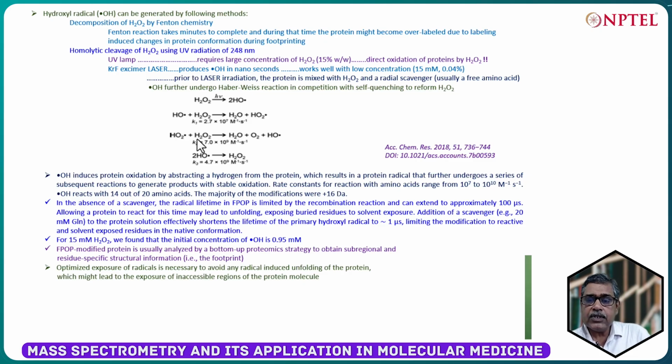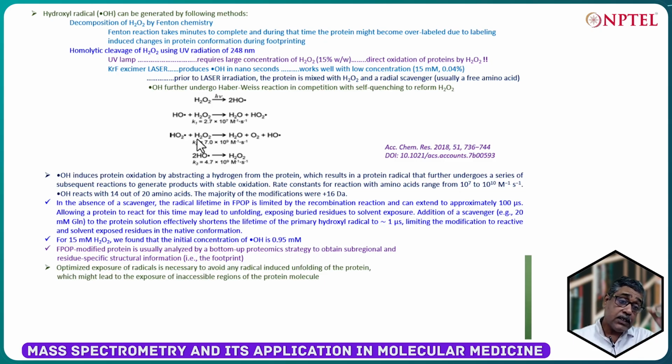Now, the rate constant for the reaction with amino acids is in the range of 10 to the 7 to 10 to the 10 molar inverse second inverse, so high. Now, OH dot reacts with generally 14 out of 20 amino acids,